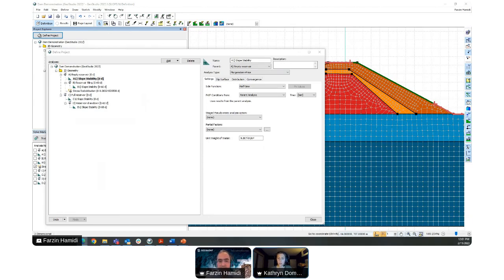Okay, next question is, do we have a piezometric graph feature in SeequentW to compare between model water level versus actual water level from piezos? The answer to this is unfortunately no. Do you want to give the bad news, Farzan, or should I? Yeah. The good news is that we can compare that with the results of a SeequentW analysis, as long as you know the exact location of that piezometric line.